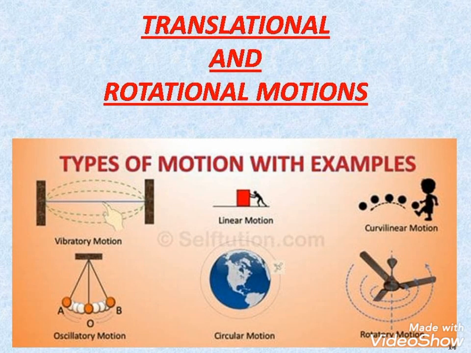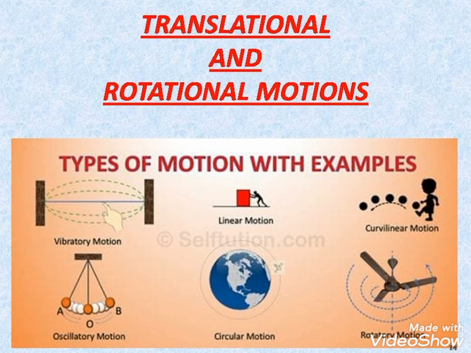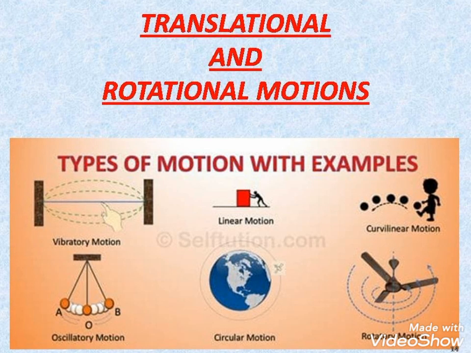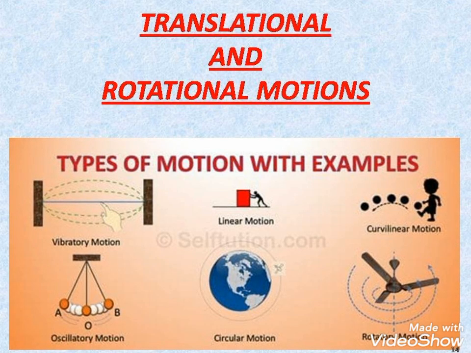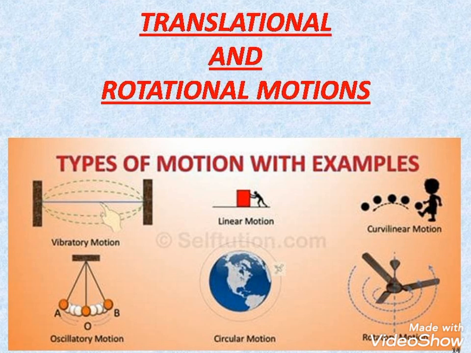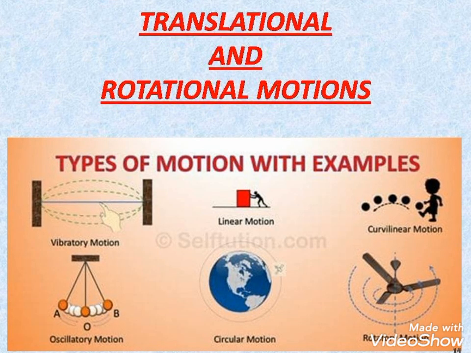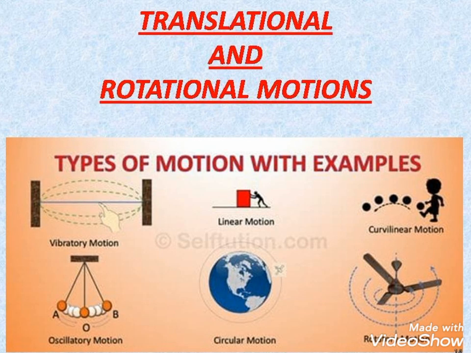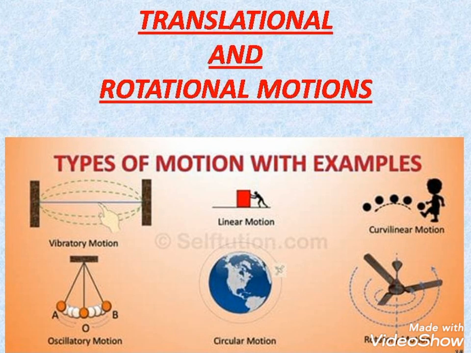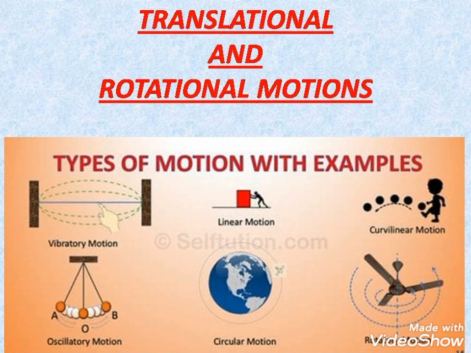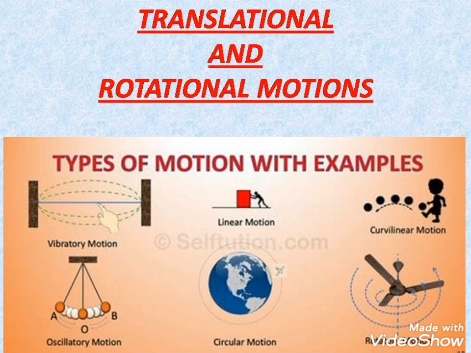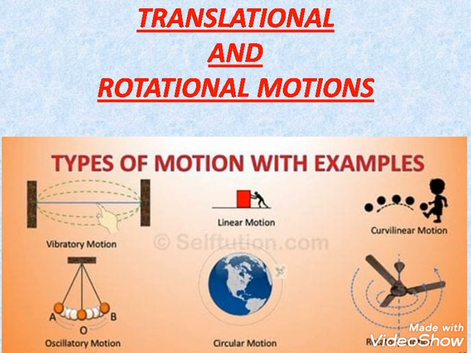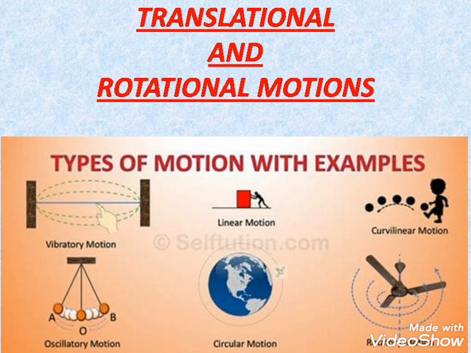While studying about translational motion, we studied that when a body is free to move and we are applying force on it, then it moves in a straight line, and this type of motion is known as a translational motion. Whereas for a fixed body, when we are applying force on it, then this brings about rotation of the body about a fixed point, which we call as the axis of rotation, in a circular path, and we call it as a rotational motion. We have studied the various examples of translational motion and rotational motion.